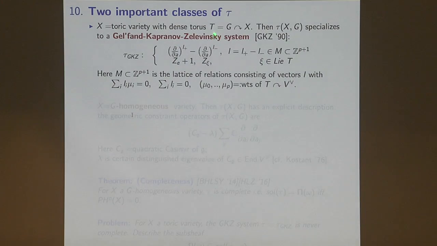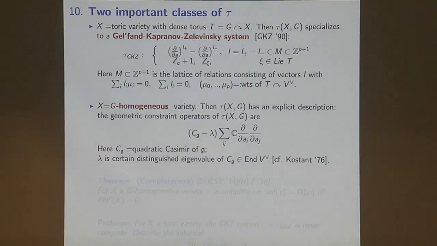In this case, because the symmetry group is chosen to be T, this is now an abelian Lie algebra. So the first order differential operators are parameterized by an abelian Lie algebra. So what is this sublattice here? Well, the sublattice here is nothing but the lattice of relations defined by this equation of the weights of the T action on this vector space. Recall that this vector space is just the space of anti-canonical sections of X. So this is one case, and a very important one.